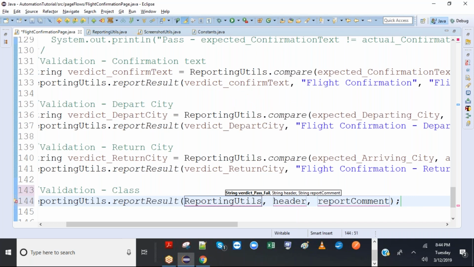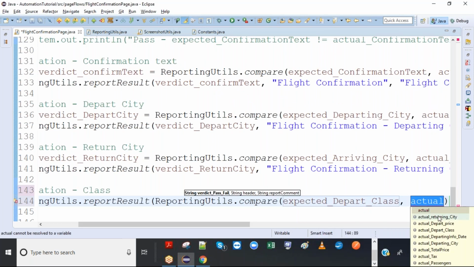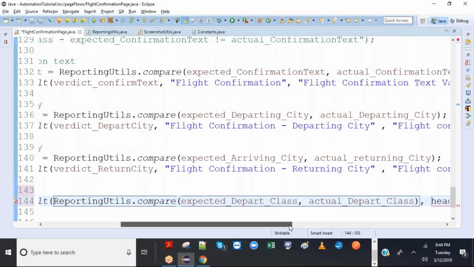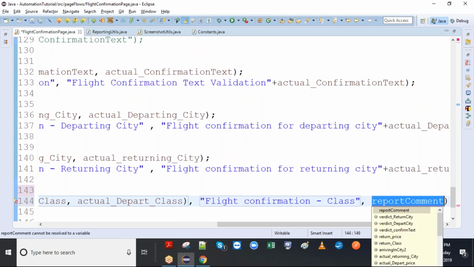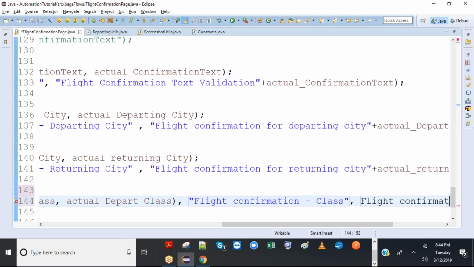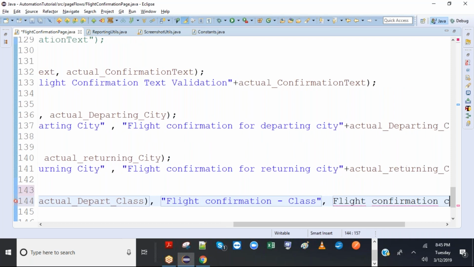So I am directly calling reporting utils inside it. We can call it dot compare, and inside compare I'll pass expected depart class, already created names appropriately, so no need to change, actual depart class. Okay, so that's done. Then all I need to pass is a header, flight confirmation class. Report comment would be flight confirmation class.